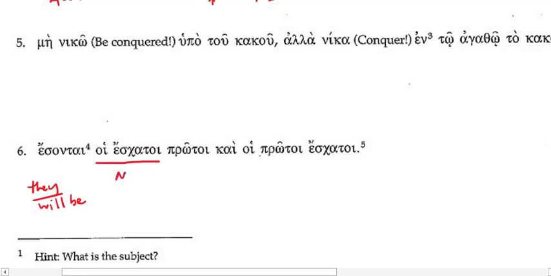Nominative plural. And is it masculine, feminine, or neuter? Masculine. Yep. Good. So that's a possibility for being my subject, right? So we might translate this as what? The last, and there are a plural set of last, right? So the last, or the last ones,